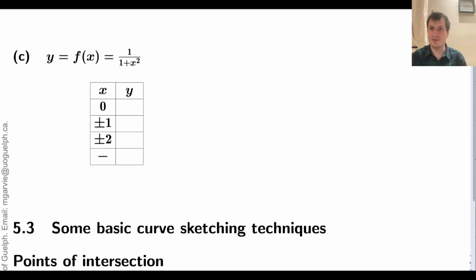Okay, so in this example, we are plotting this function, 1 over 1 plus x squared, and we're trying to do it from first principles to understand what it means to actually have the graph of a function. So what we're going to do is plug in a bunch of x values, then find the y values that go with them, and then draw a dot at all